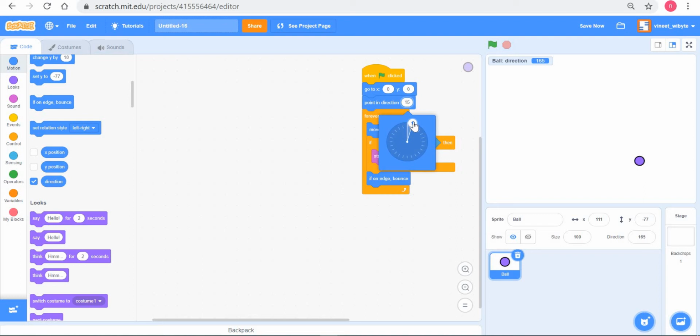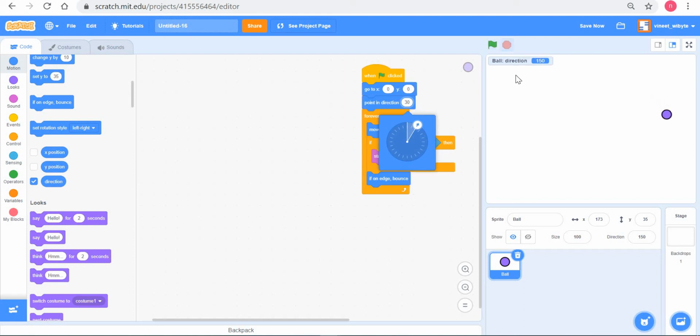Now let's say we try 30 degrees, right? So what will happen? 30 degrees is a little bit more inclined, right? As you can see from the arrow, 15 was kind of like this. Notice 15 here and this arrow. If I move this arrow a little further, it becomes 30. And now the ball seems to be going a bit more inclined. Direction here is 30. Bounce happened and the direction became 150, right?